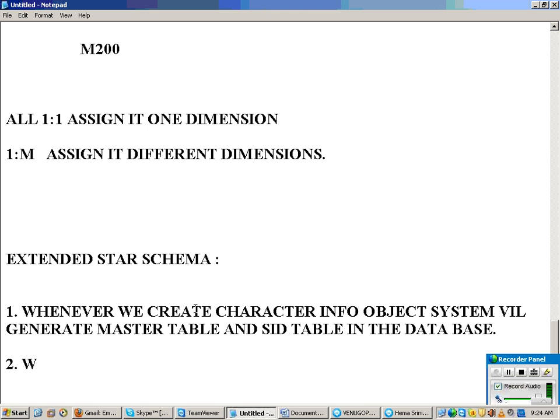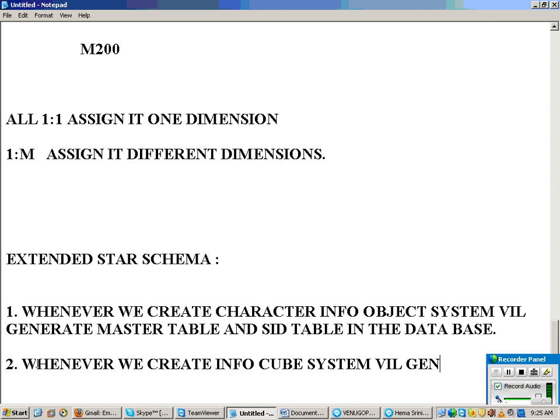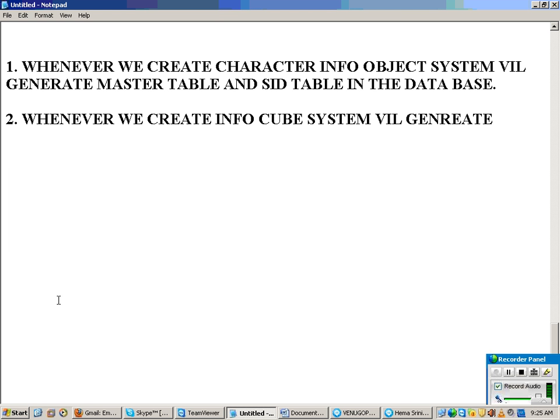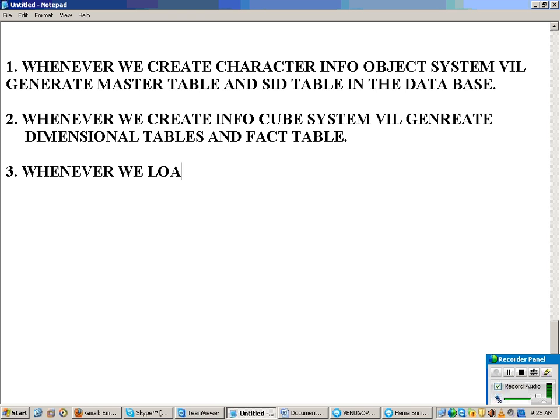Same thing, whenever we create an info cube, what happens? The system will generate dimension tables and the transaction table, the fact table. Then, whenever we load master data, what happens?